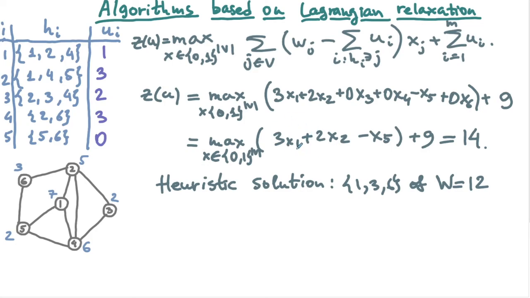So if I set x1 equal to 0, then the highest I can have for my Lagrangian dual here will be 2 plus 9, which is 11. And we already know that my heuristic solution gives 12, so there is no way my upper bound can be 11, right? So this tells me that x1 has to be equal to 1 in any solution